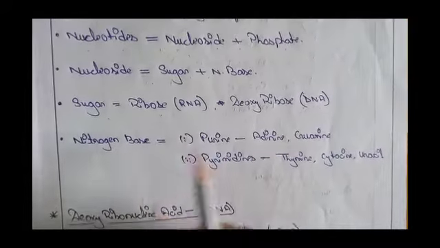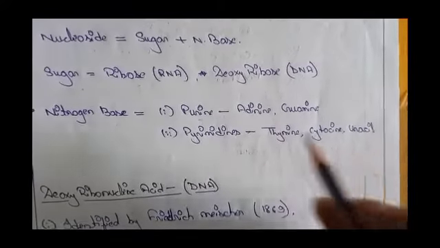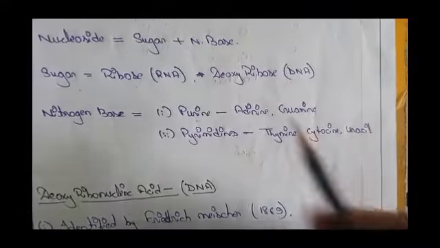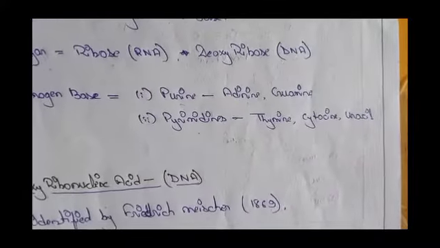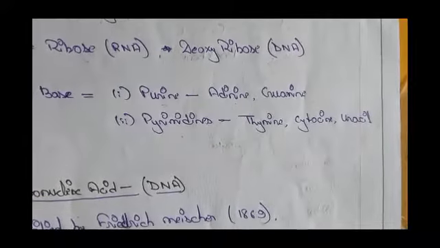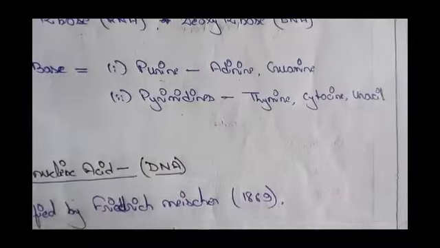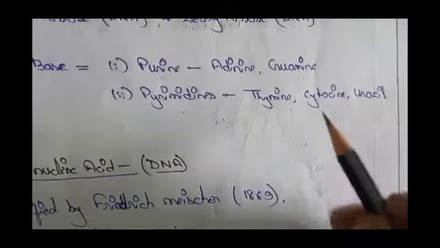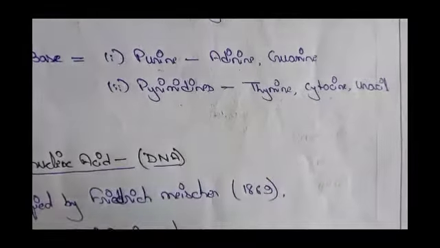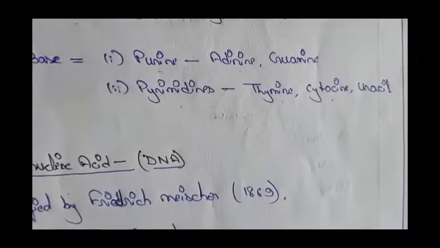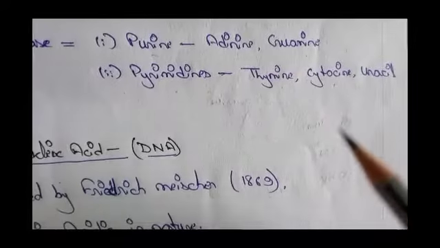Nitrogen bases are of two types, purines and pyrimidines. Purines also have two types, adenine and guanine. Pyrimidines also have two types in RNA and two types in DNA. For pyrimidines, there are thymine and cytosine for DNA, and cytosine and uracil for RNA. Okay, so the next topic is